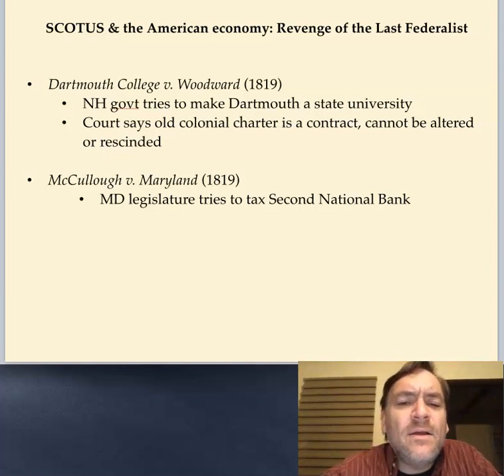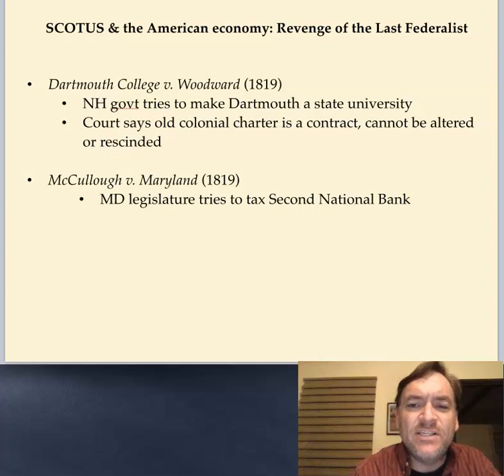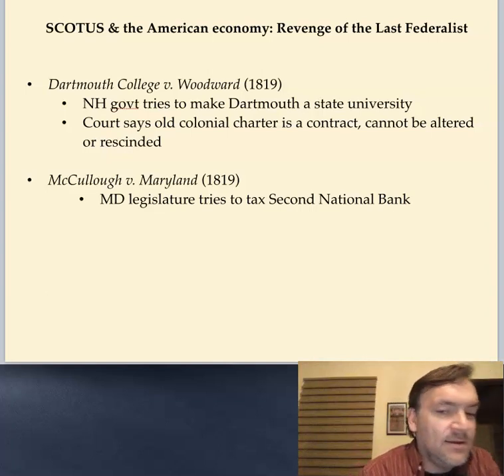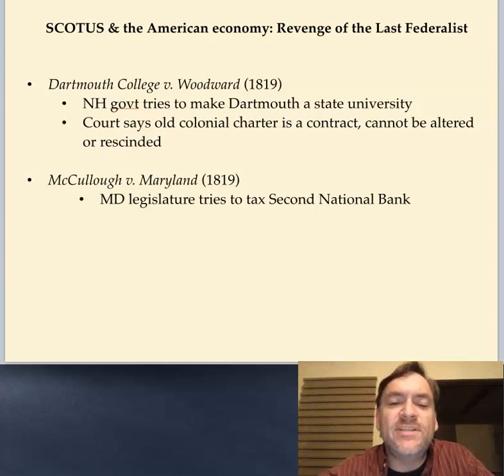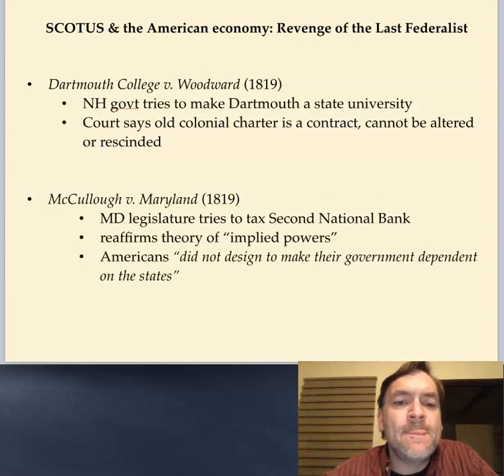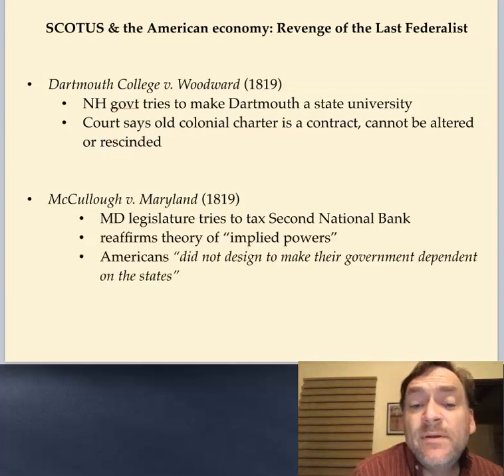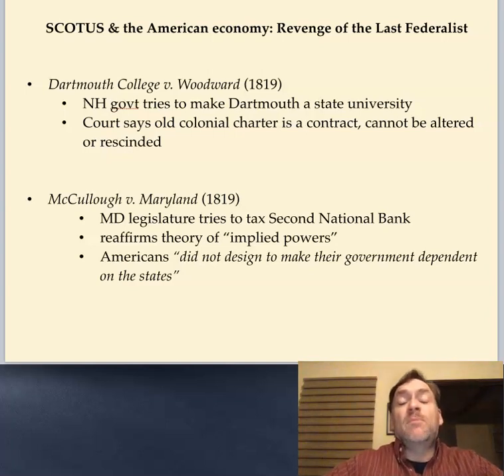and what the Maryland legislature tried to do was to tax the transactions of the Second National Bank. So the Second National Bank, through its transactions, its Baltimore branch, would owe the state of Maryland money. Okay, the Second National Bank sues, and again, it makes it to the Supreme Court, and John Marshall does two things